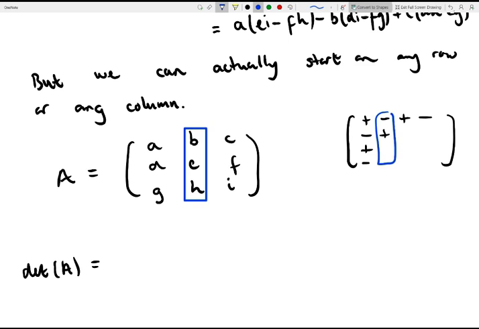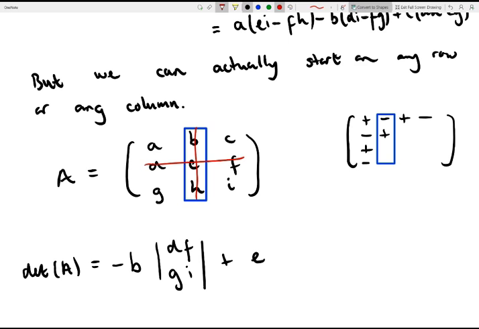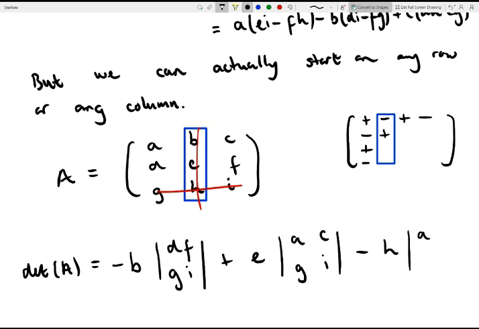and we're starting with this row, so we want a minus first, so we take a minus B, then we remove this row and this column, and we're left with the minor D, F, G, and I. Then we plus E times, removing this row and this column, A, C, G, and I. And then minus H, removing this row and this column with the H, the minor that's left, A, C, D,